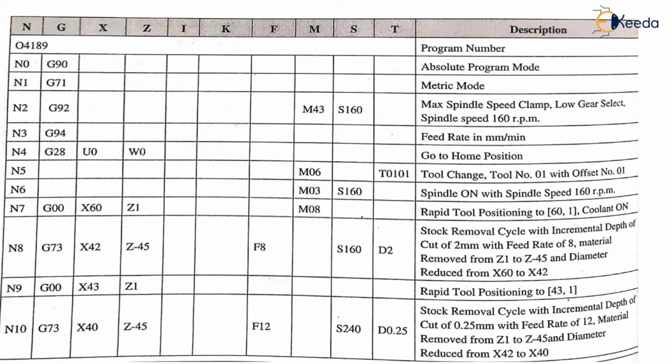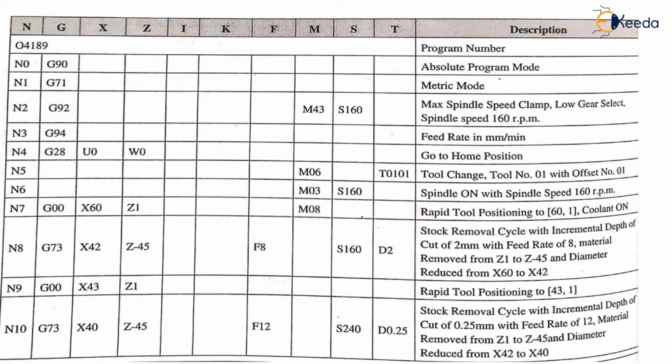Now we will move to the program description. As we know, we segregate all the sequence numbers, G code, X and Z coordinates, I and K, feed rate, then M code, spindle speed, and tool change. You can do it like this, or you can take N, that is sequence number, then write all these parameters in a single line, and then the description, because description is very necessary for solving the problem. Because sometimes you will change the G code for that purpose.